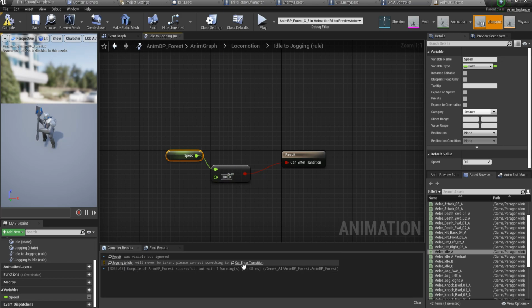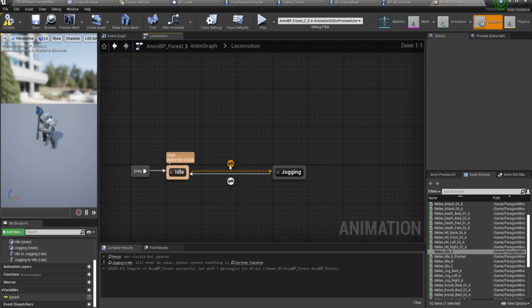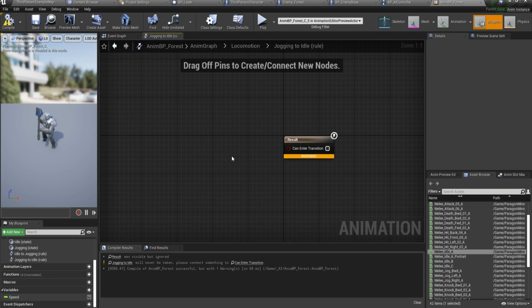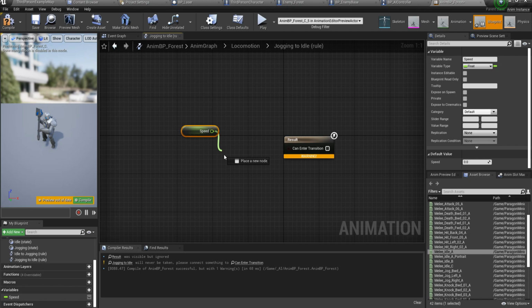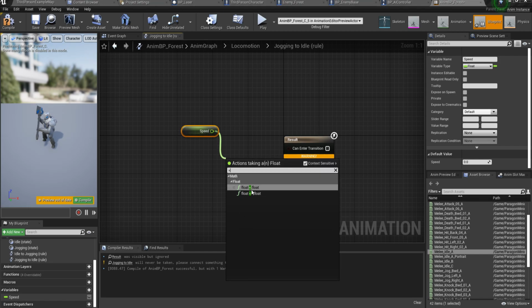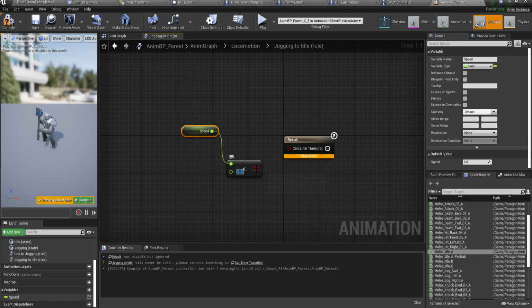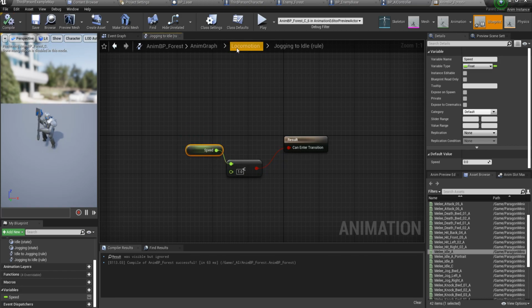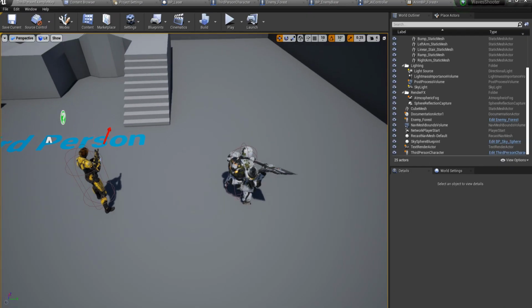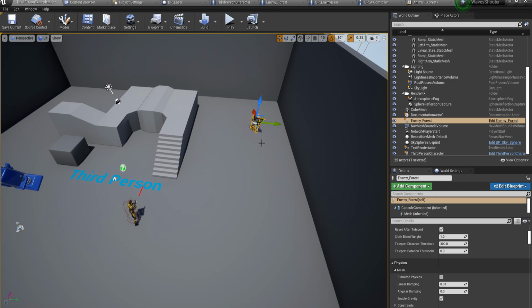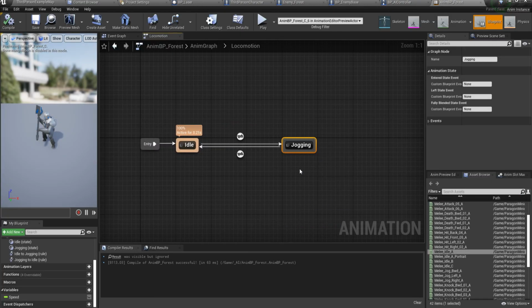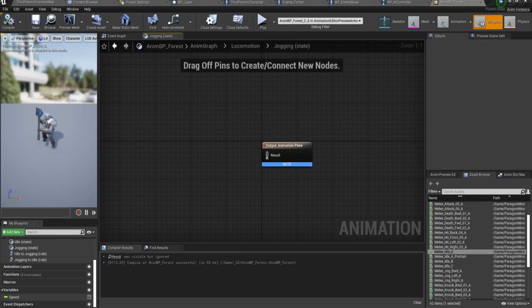And this error is because I need to set up the transition for going back. So what needs to happen so that the AI starts idling? Well, basically, the speed needs to be less than, you can just put in 1, for example. And then the AI will go back to idling. So now if I come over here, let's move the AI over here. I didn't finish the jogging, so we've got to open up jogging here and plug in an actual